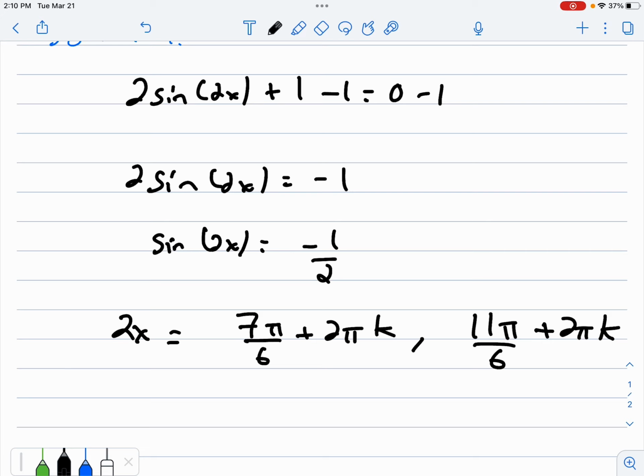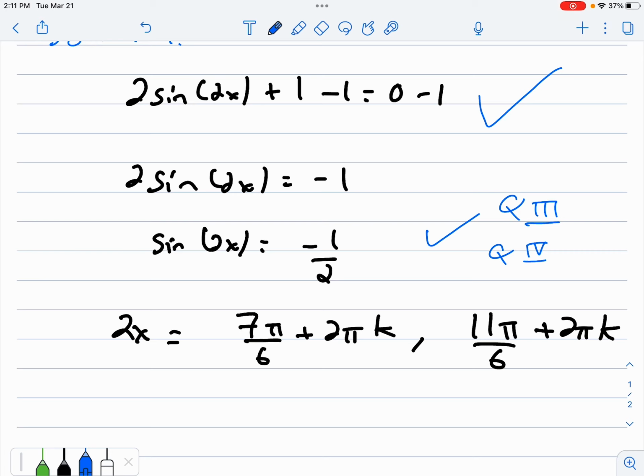You want to isolate it. So we'll subtract 1 from both sides. Step right here. And then we'll go ahead and divide by 2 on both sides and arrive at that point. And if we look at the unit circle, we know that sine is negative in quadrants 3 and quadrant 4. And our solutions would be 7 pi over 6